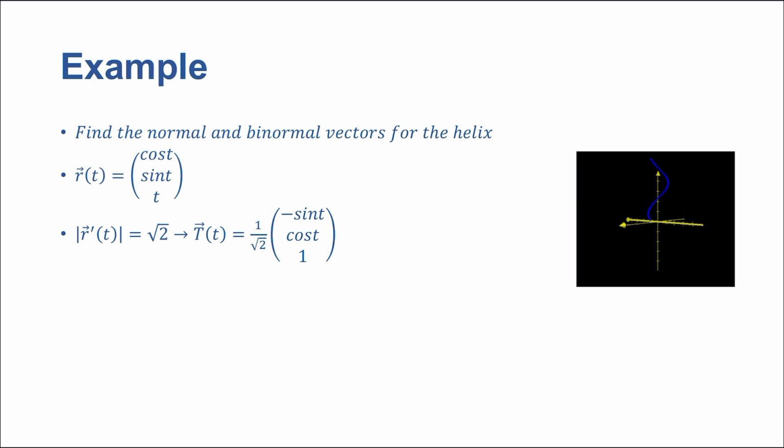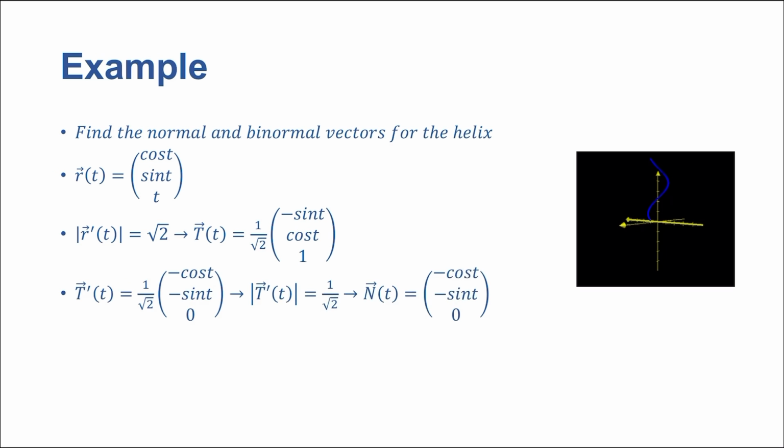Now, to get T of t here, we divide the vector by the magnitude. So we get 1 over square root 2, negative sine t, cosine t, and 1. Now we want to find the derivative of that vector. So it's still 1 over root 2, but now negative sine goes to negative cosine, cosine goes to negative sine, 1 goes to 0. Then we take the magnitude of that, and we get 1 over rad 2. Finally, we find the normal unit vector, and we get negative cosine t, negative sine t, and 0. And now